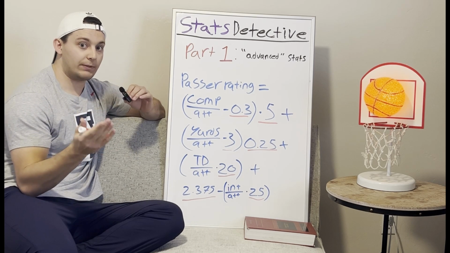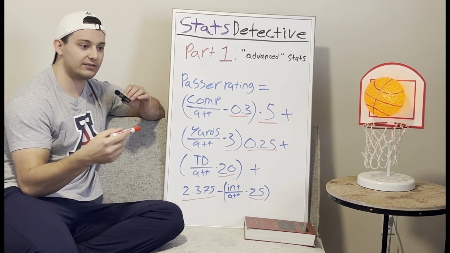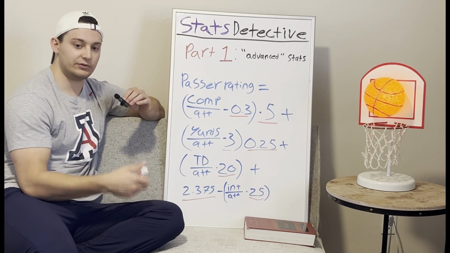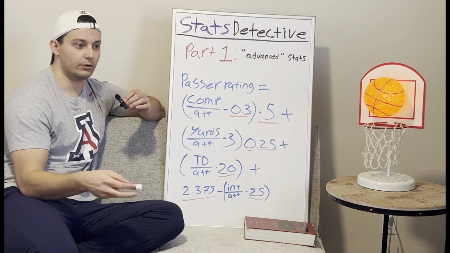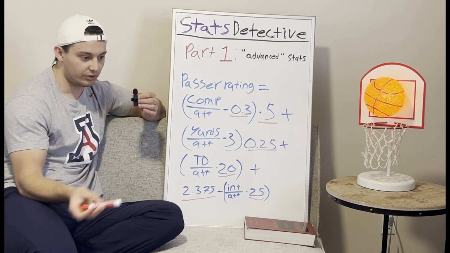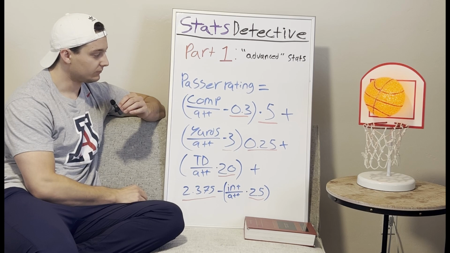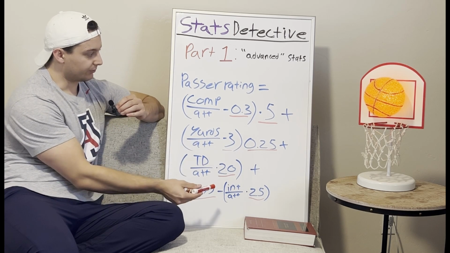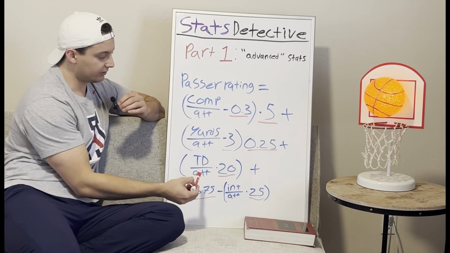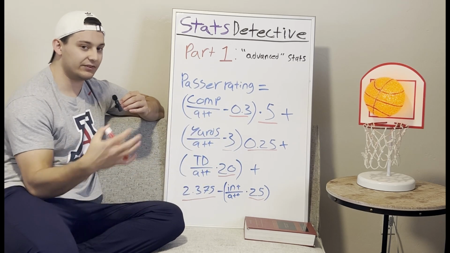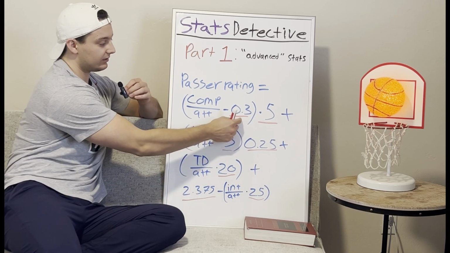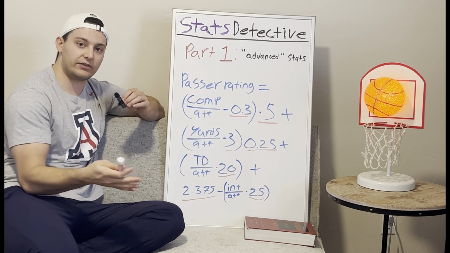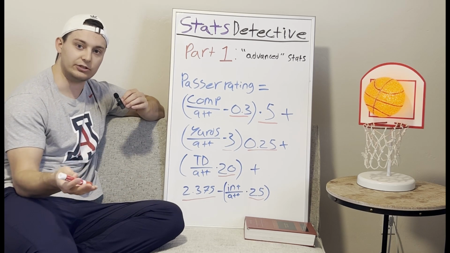And passer rating is useful for telling us how offensive style has changed. Passer ratings have been going up and up and up because we've relied more and more and more on passing. And so passer rating reflects that over the years. So that's interesting. It's a historical stat. But like I said, there are problems with it. And because you're arbitrarily weighting all of these things, even if it's based on something, it's a fixed weight. And so you're going to lose predictive power because that weight might change based on the statistic or based on the situation that you find yourself in.